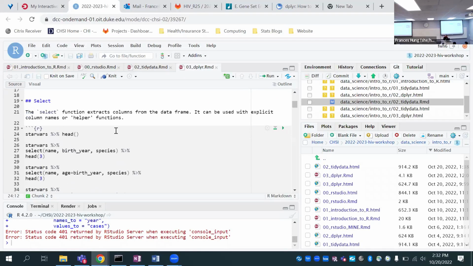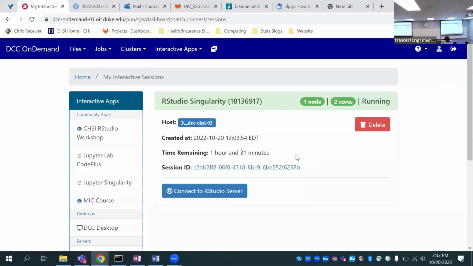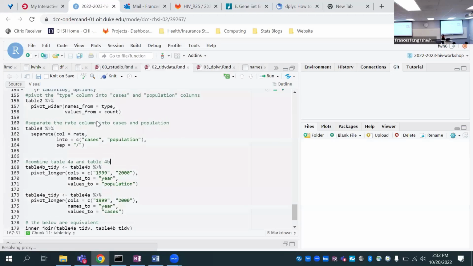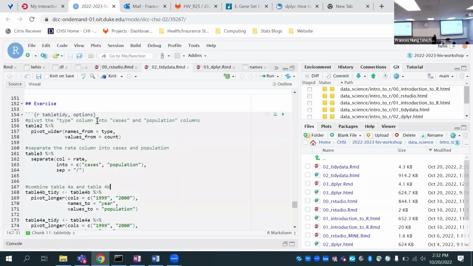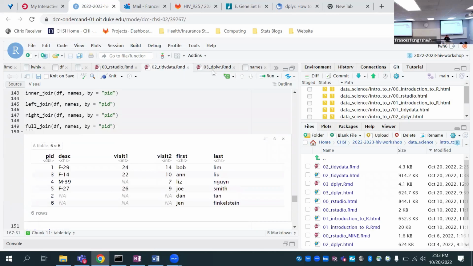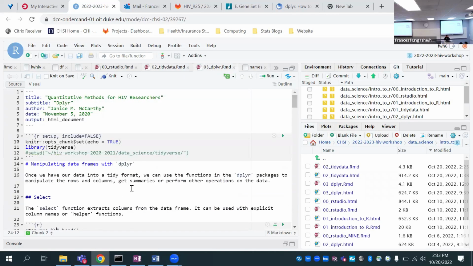You can go ahead and run starwars head. And that again returns the first few rows. And what select does is that it takes the column names that are inside of it, and it just displays those when you run.